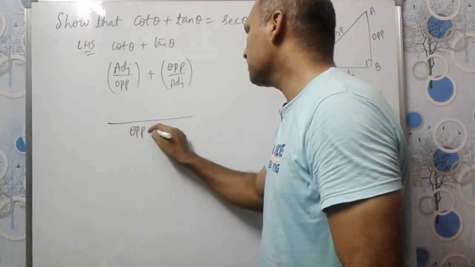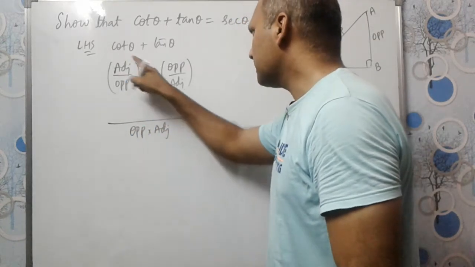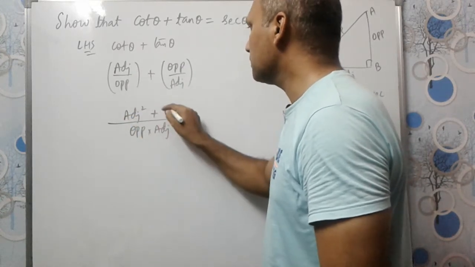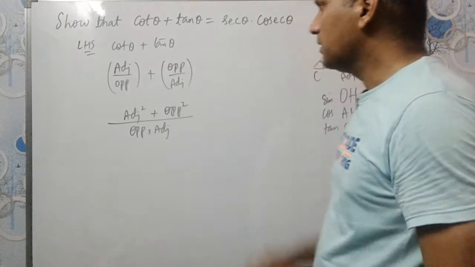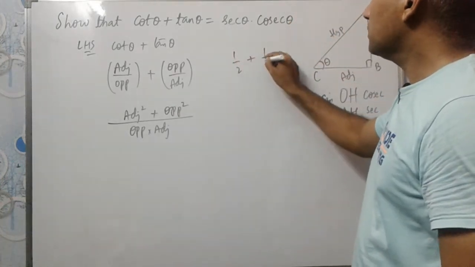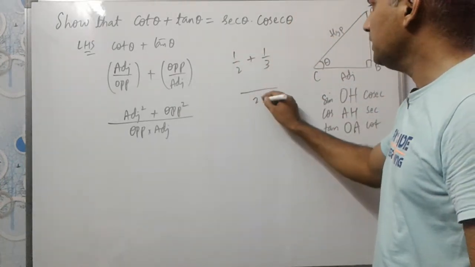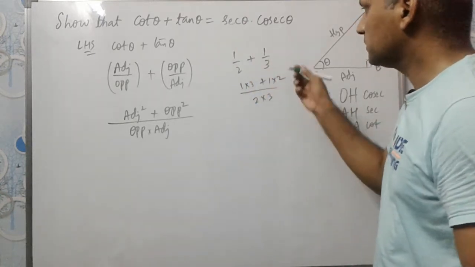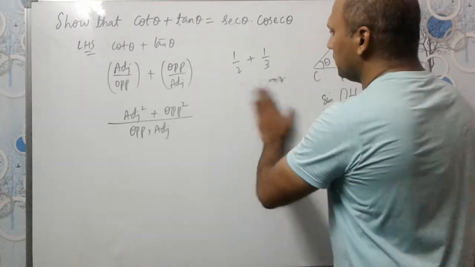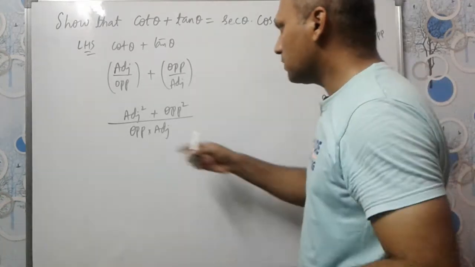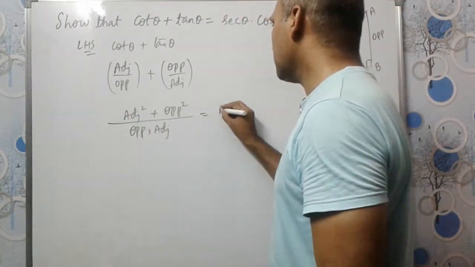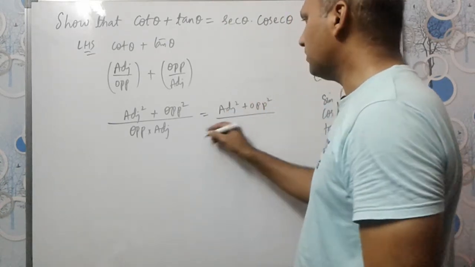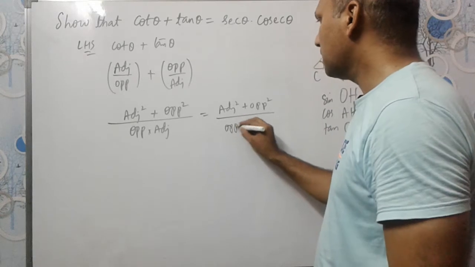So this will be opposite multiplied by adjacent. Adjacent into adjacent will be adjacent square, plus opposite into opposite will be opposite square. See, this is like this: 1 by 2, suppose 1 by 3, 2 into 3 and 1 into 3 plus 1 into 2, same thing, right? Like this. So this will become adjacent plus opposite whole square divided by opposite